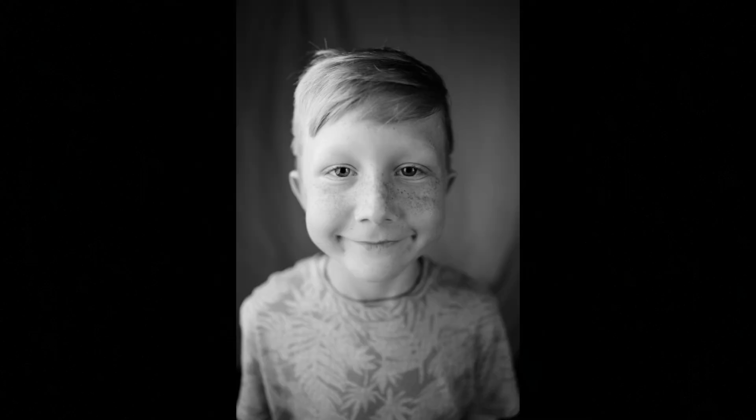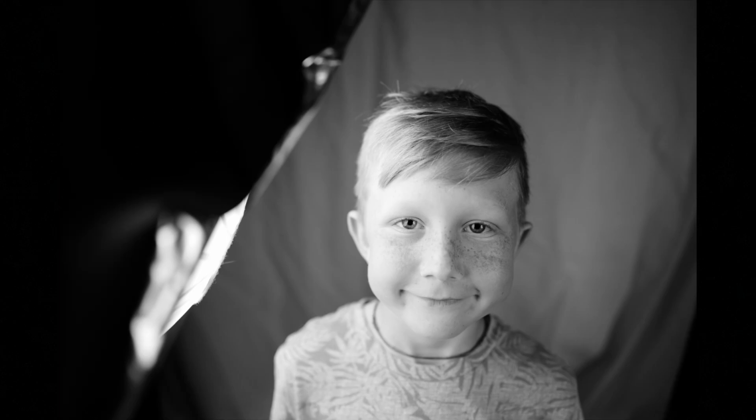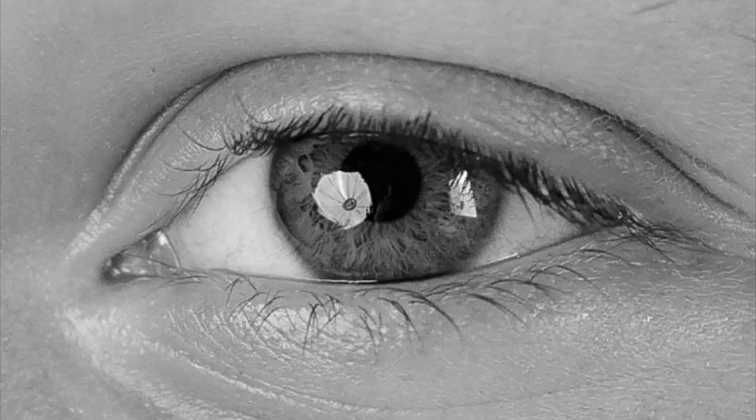My sons went ahead and posed for me, so I got some of these images. I'm going to show you both color and black and white, and I really liked the detail and the colors, and the black and white was just amazing. I'm happy with all of them. When you zoom in, so I've got this one image that I cropped of just my son's eyeball, and when you're looking at this, you can actually see the detail in his eye in addition to the reflection from the light as well as the window. It just blew me away, being able to zoom in. You've got that 47 megapixel sensor, so you're getting a lot more information on this full frame camera,